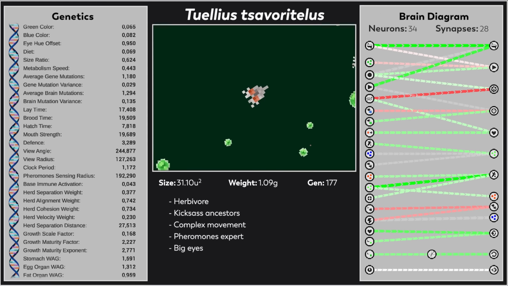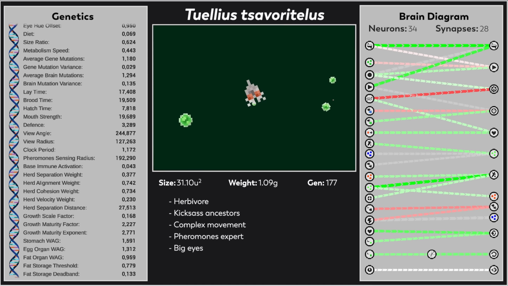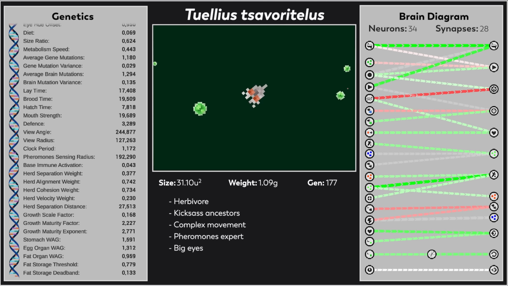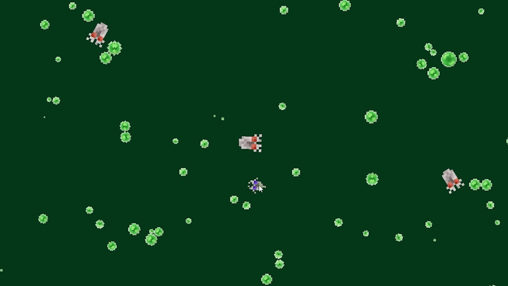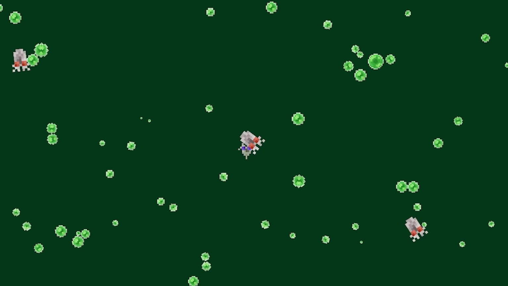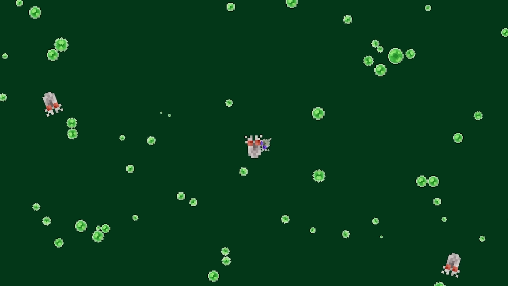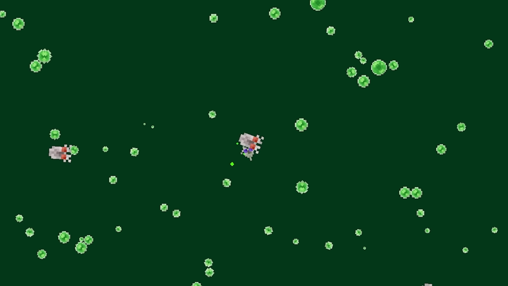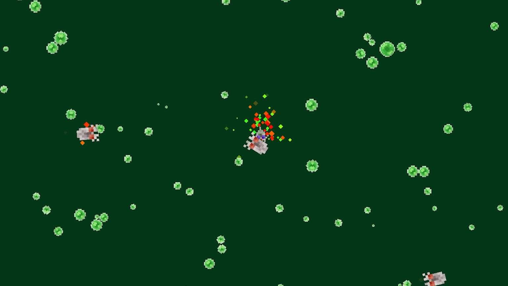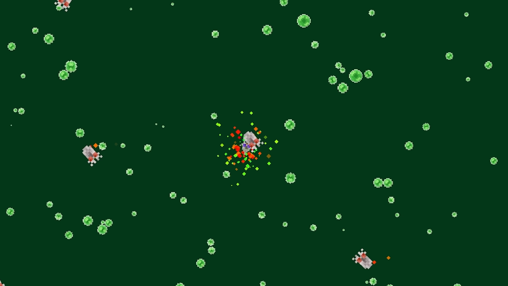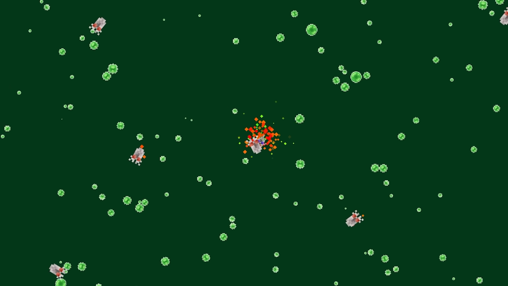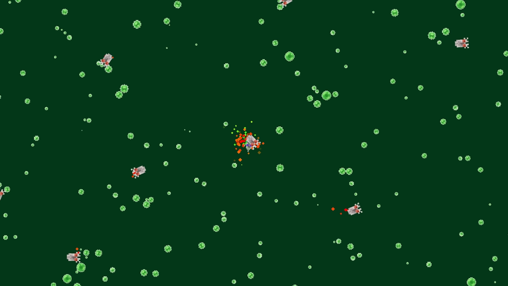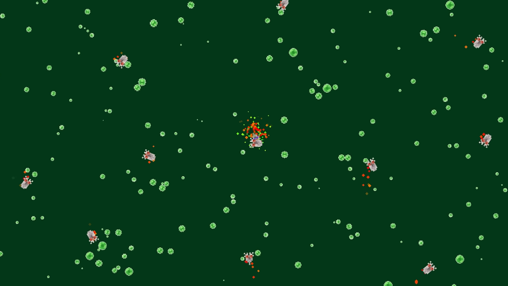Tuilius saboritelus now populates the denser regions, and they have developed a pretty interesting strategy. They only become aggressive when their species is attacked. When studied in its totality, it's a pretty strong defense mechanism. In times of peace, Saboritelus is laid back, but as soon as one of their members is attacked, it produces green pheromones, and others in the area will produce a spray of red pheromones, creating a wider and more durable area of aggression and frenzy, hunting for the intruder.